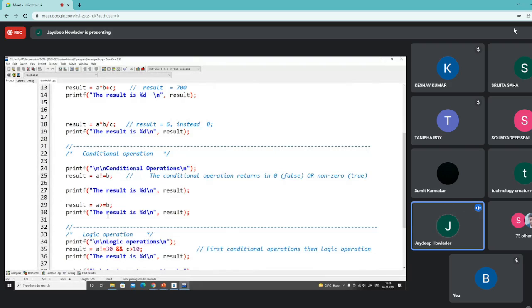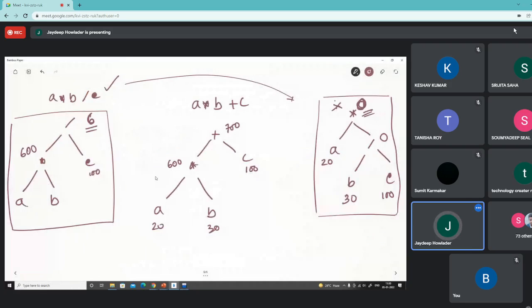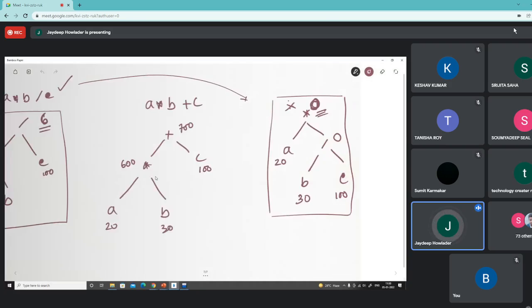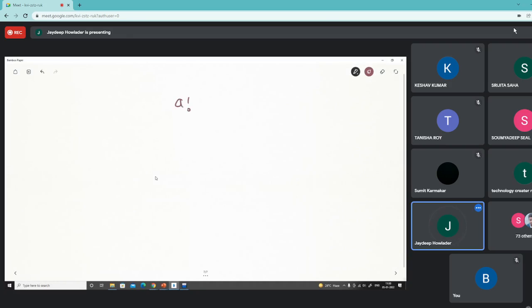After this discussion. Okay. So now we come to the conditional operation. So what is the conditional operation? The conditional operation basically returns me a 0 or 1. So in this case, I have the condition A not equals to B. So this operation says whether A is not equal to B. So if the values of A and B are not equal, then it returns true.